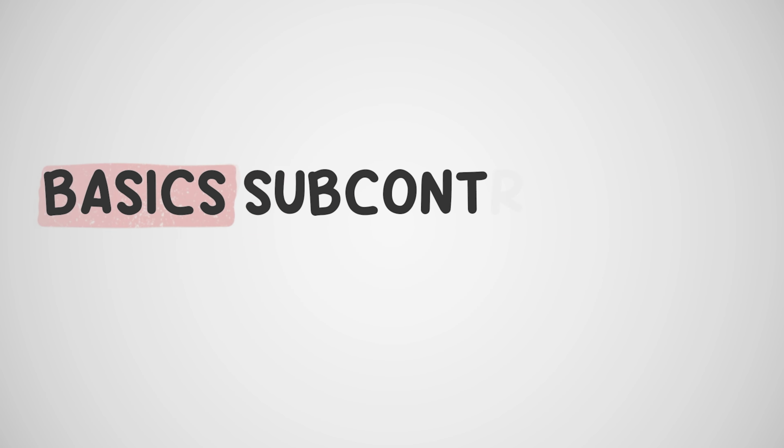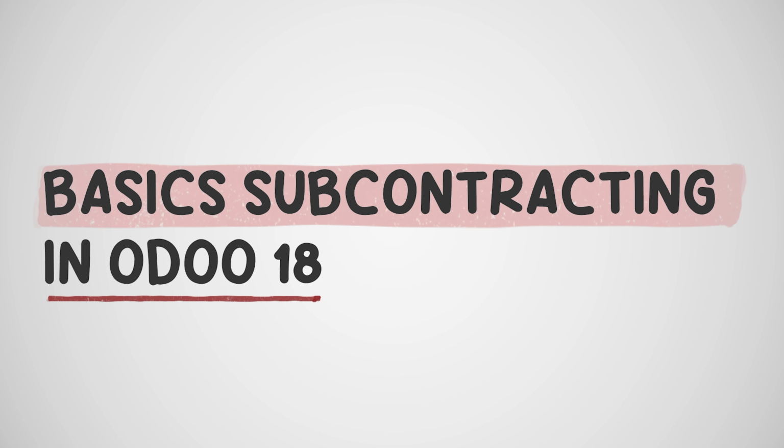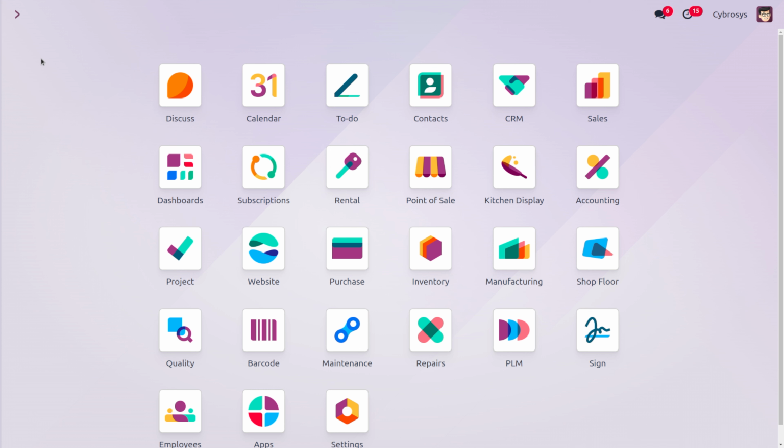In today's video, we will be discussing basic subcontracting. In manufacturing, subcontracting is the process of a company engaging a third-party manufacturer or subcontractor to manufacture products that are then sold by the contracting company. In basic subcontracting, the subcontractor is responsible for acquiring the necessary components. This means that the contracting company only has to worry about what happens to the subcontracted product once they are produced. Now let's see how to do the subcontracting.